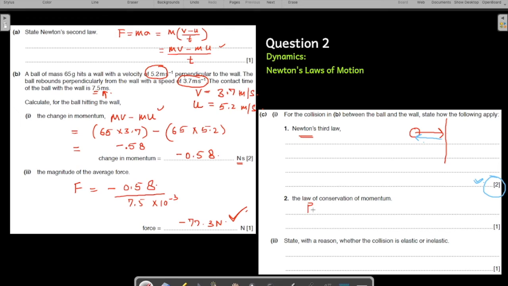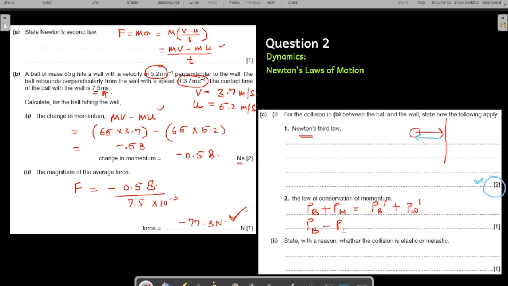Momentum of the ball plus momentum of the wall before the collision is equal to momentum of the ball after the collision, that is, the ball's momentum prime, plus momentum of the wall after the collision. The sum of the total momentum of the ball and wall before the collision is the same as the sum of the total momentum of the ball and wall after the collision, right? Or this can also be written as